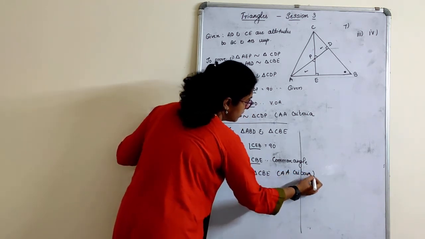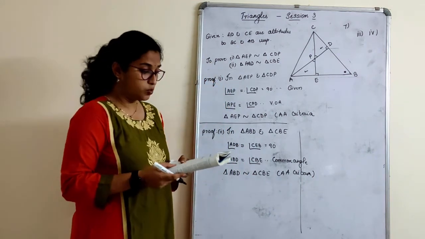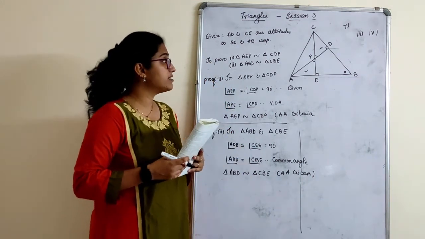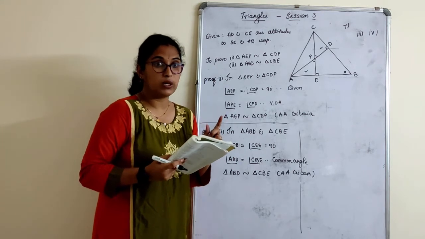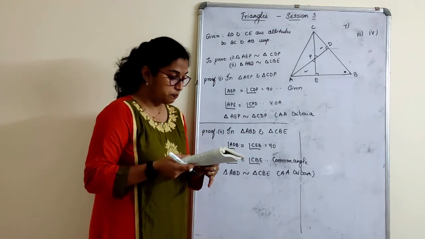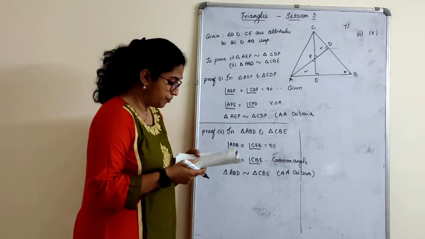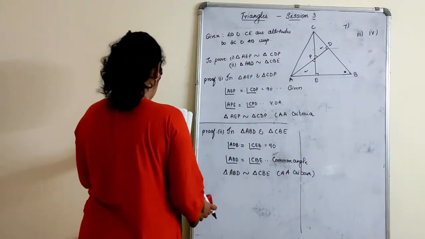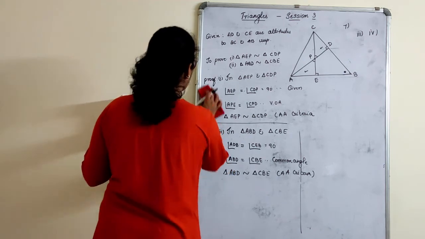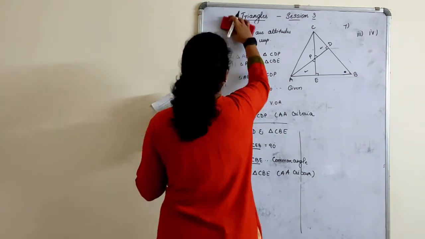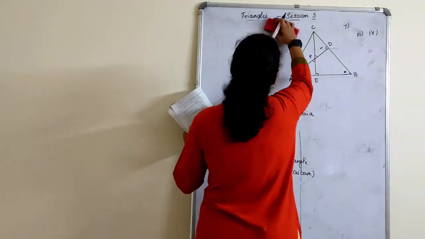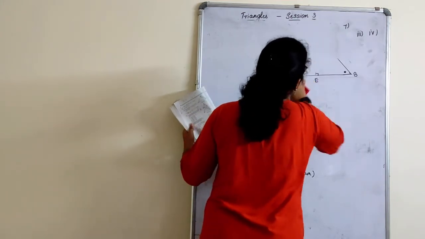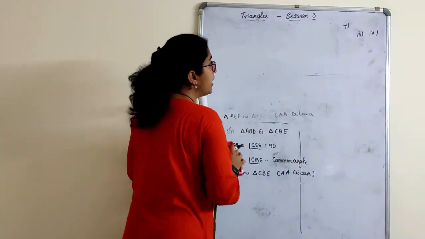Very simple now, children. I think the remaining two also you can do, and remember they will give you triangles in such a way that it has some common things only. Unknown triangles will not be given. So the last two I am marking for homework. And the last one for today's session, that is 8-1. The figure is not given, we have to draw the figure.